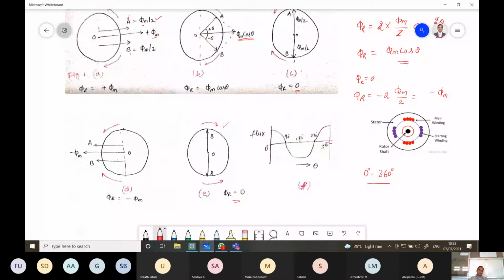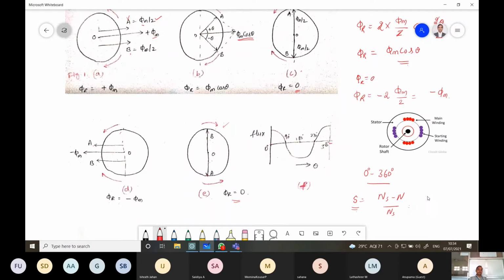That's why an alternating flux can be composed into two revolving fluxes. Each of the flux values is revolving synchronously in opposite directions. Both are in opposite direction. So it may be noted that the slip of the rotor, so what is slip? Slip is equal to ns minus n divided by ns, right? The slip of the rotor is represented by s.